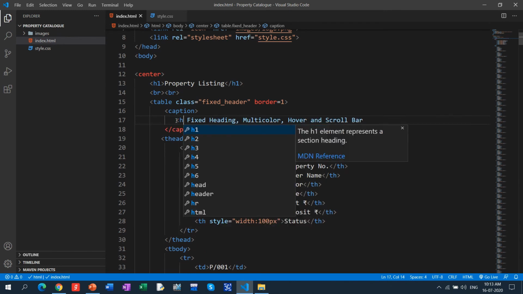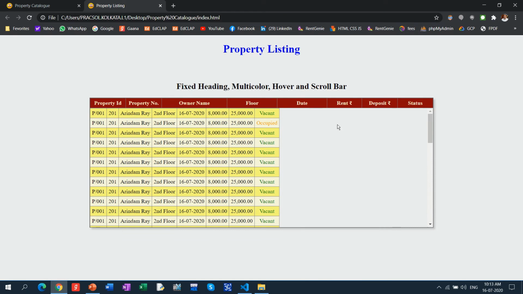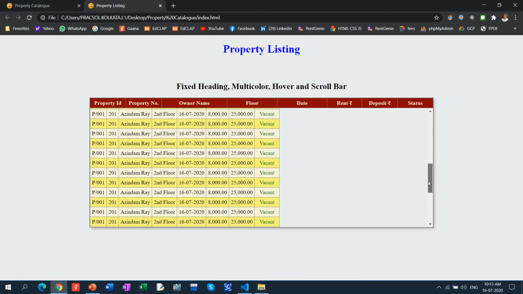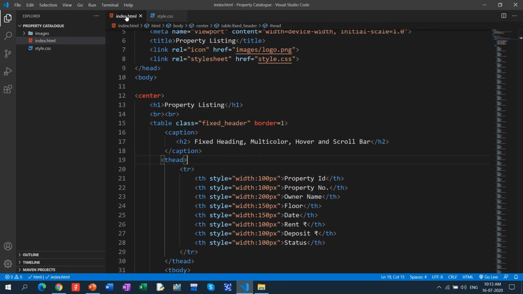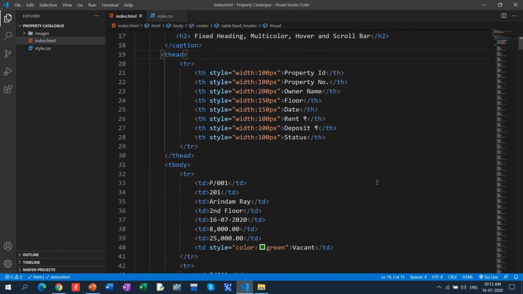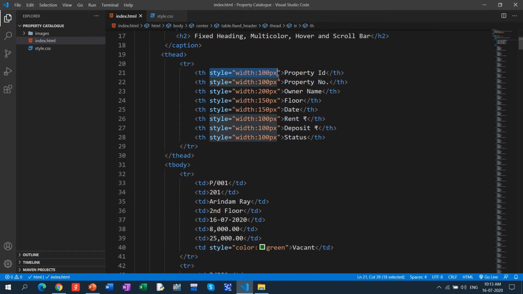What I can do is put it as h2 instead of h1, so that it will be a little bit bigger. Fine. And this is scrolled perfectly. But what happened, the size of the data as per this heading has not come, right? Don't worry, just come down to the HTML page. Fine. The same thing, what I have to do, enter this thing, just make a copy and paste it here.